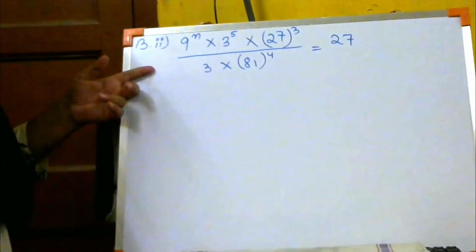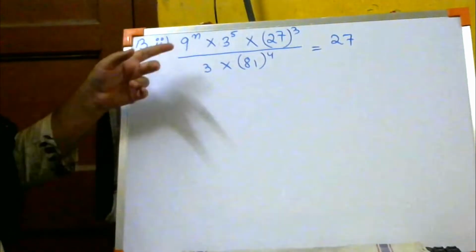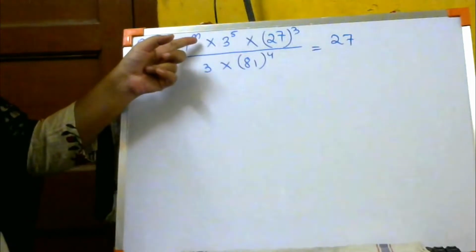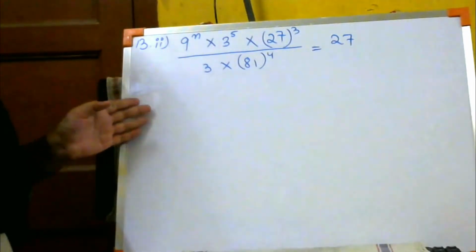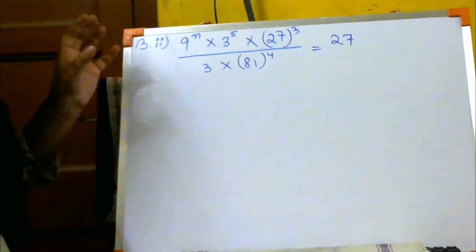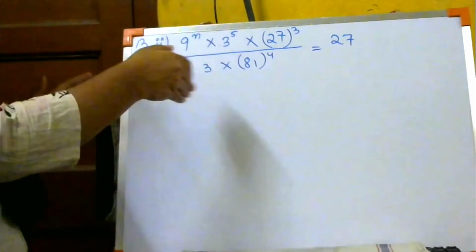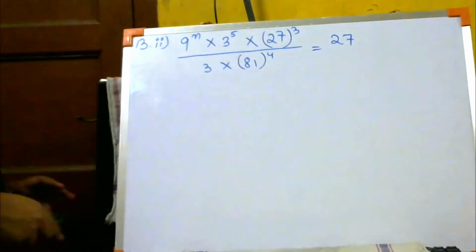Okay. Today's last sum, 13 part 2. Same way, you have to find the value of n. Look into your book, 13 part 2. You have to find the value of n over here. Just like the previous sum, we found the value of m. Over here, we are going to find the value of n. मतलब power को find करना है. That sum was a little smaller sum. This is a little huge in numbers. There are many numbers over here. There were only 3 numbers. It was easier. So now, let us see the numbers.